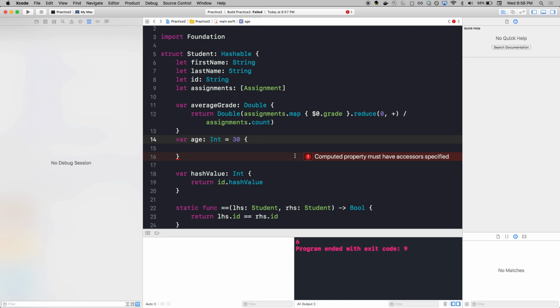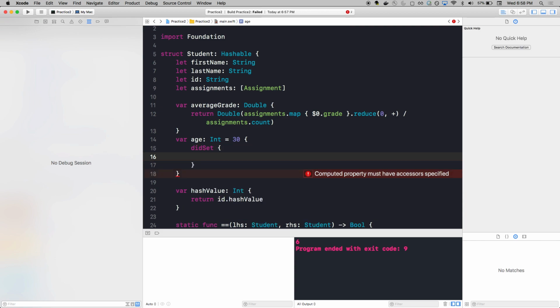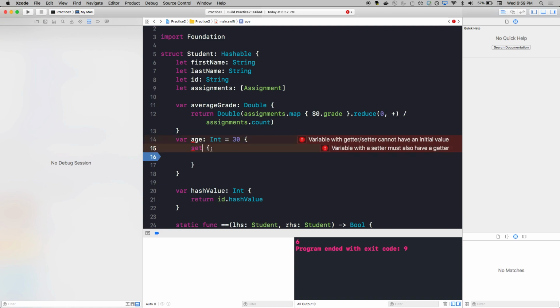A year from now I'll be 31. So on the event that I turn 31, an event would be triggered. So you can do something called didSet, and this piece of functionality will get called whenever the age is set to a different value other than 30. So this would actually get called. The other thing you can do is, if you wanted to do something at the actual event of it getting set, you can say something like